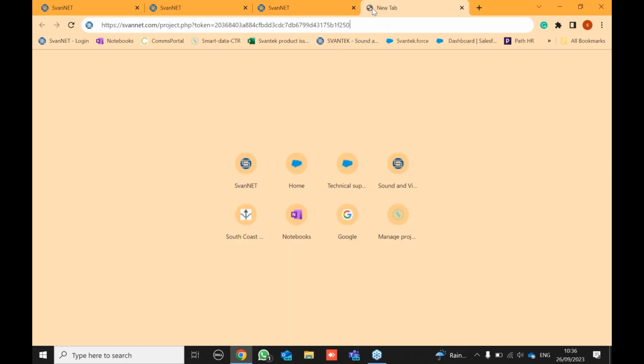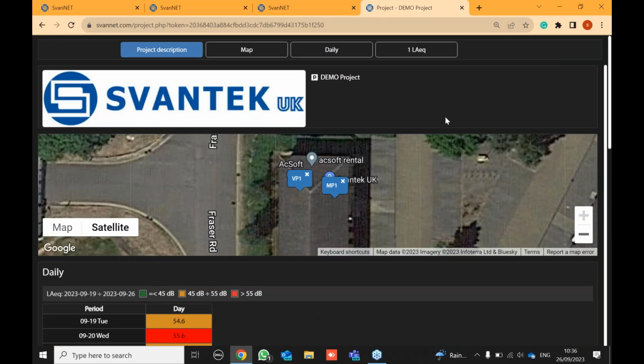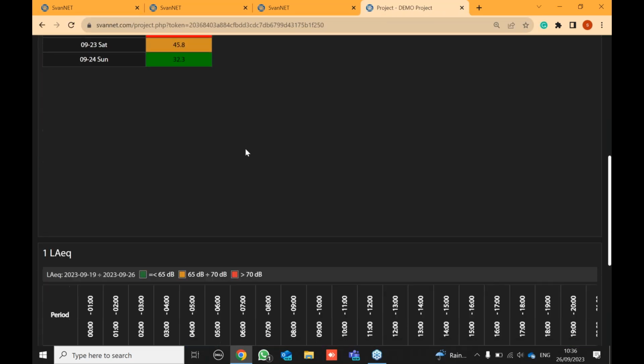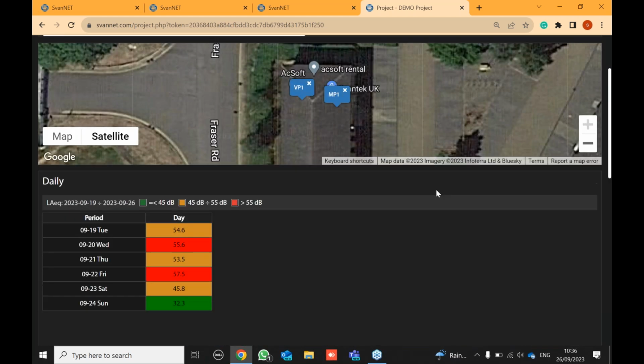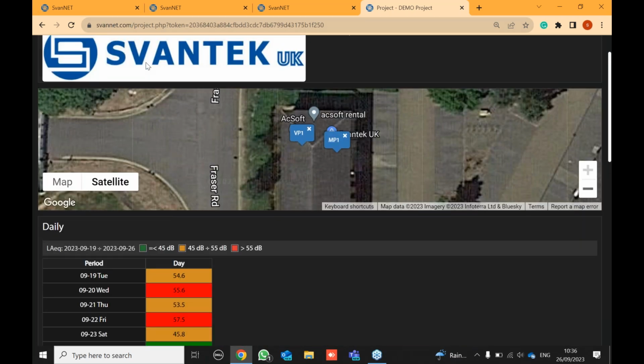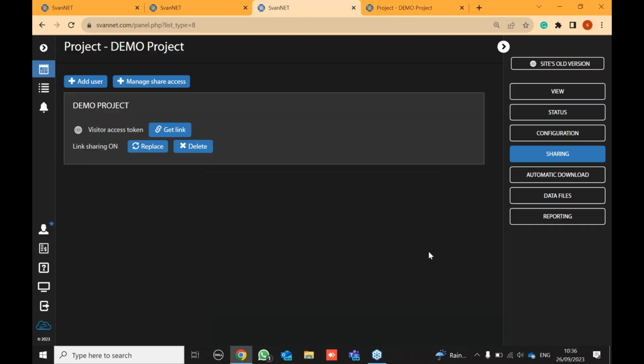It will be an active view link. So if I paste this onto a different tab, this will be the view. They won't be able to make any changes or configure anything. So this link will always be active as long as the project is active. So if I go back onto the project,